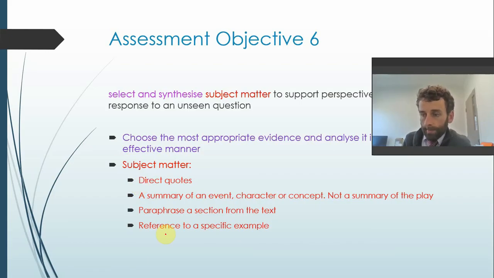You might say Macbeth has a vision of killing Duncan for the first time after meeting the witches, in which you could put in the quote there, "His heart knocked at his ribs." Okay, something like that. So there's ways around it. If you can't remember full quotes, there's ways around getting fragments of quotes and putting that in, whilst also referencing specific examples. But you must select subject matter and synthesize it. You need to synthesize it back in relation to your thesis. Make sure you're always developing your thesis.